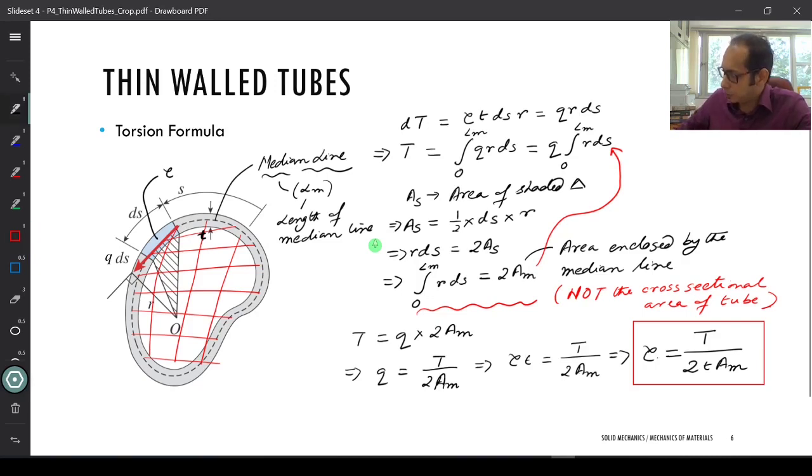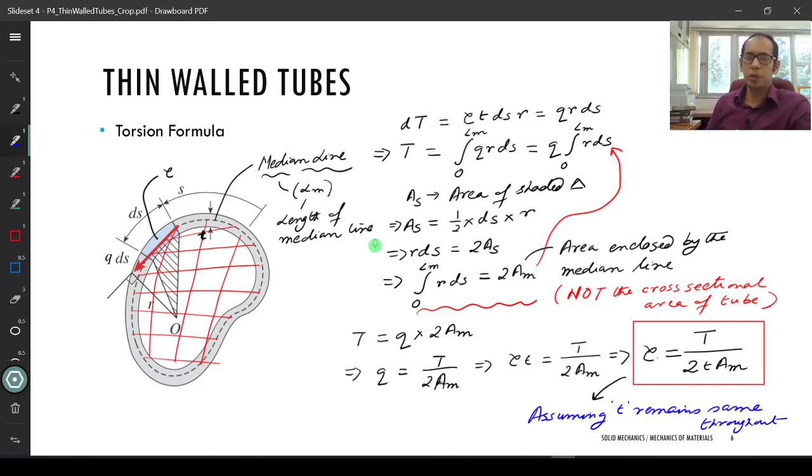So this one, assuming t, the thickness, remains the same throughout. Right? So this is an important concept of what we just learned for the thin wall tubes, that your